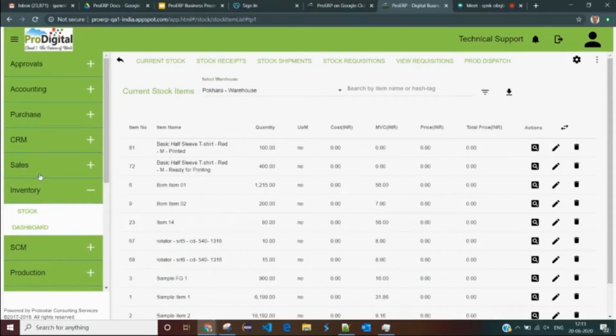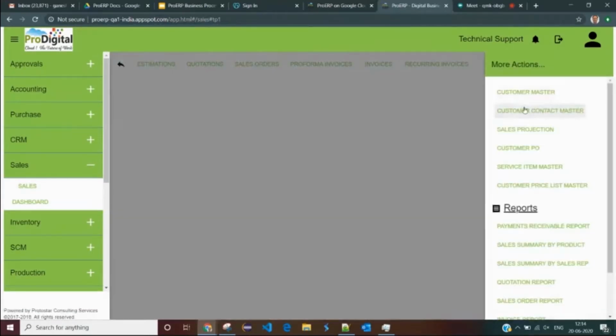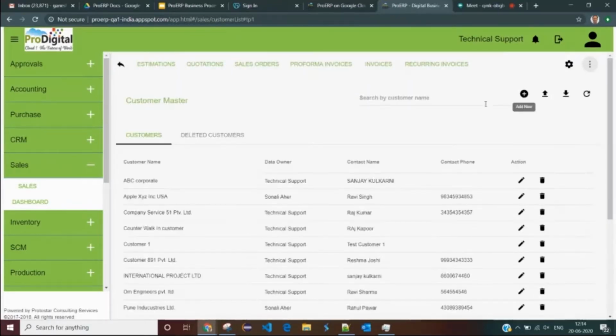So like any other system, you have customer masters. So you can create customer masters here. And if you have seen item master, it's the same. You click on that, you see a list of existing customers created here. You can add new customer using plus button. And if required, if you have a large number of customers you want to upload initially, you can upload them using Excel sheet directly. Same is the case with